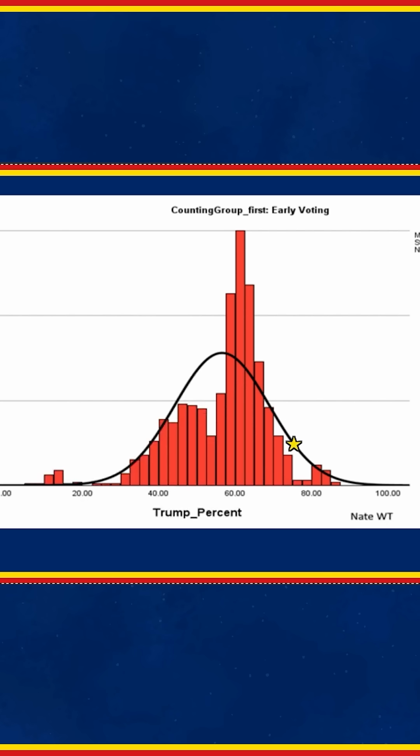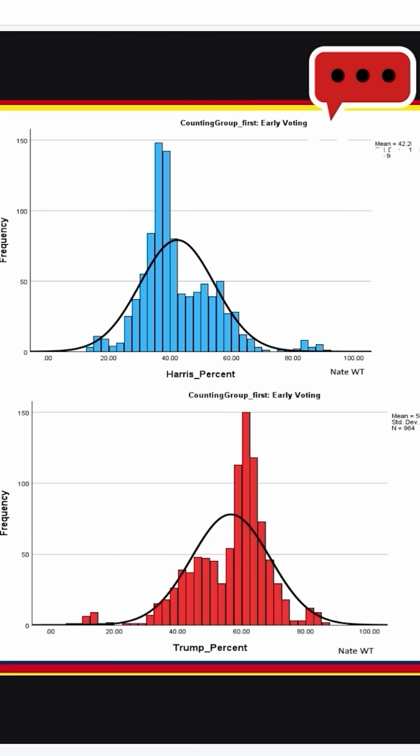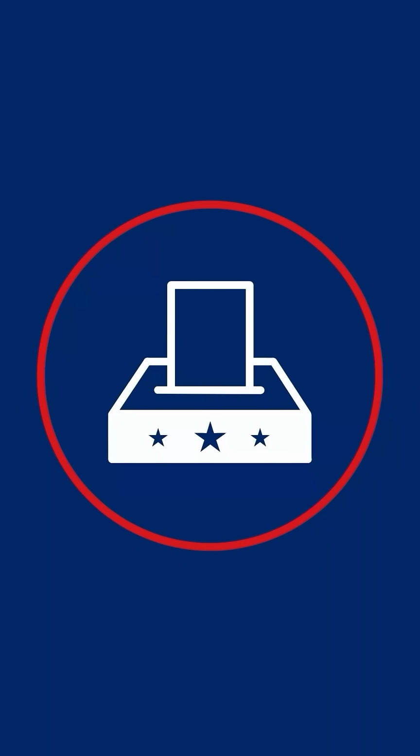So instead of it being a nice, smooth mountain bell curve, we see this tail for both candidates, and it's just inverted and they're mirroring. And what's concerning here is when you're winning, the further right, the more percentage, the more votes you get. So if there was manipulation, and this distribution shows concerns of manipulation or some anomaly, it would show in this case that Trump is benefiting from that anomaly, or whatever's happening is impacting Harris's vote. Either way.